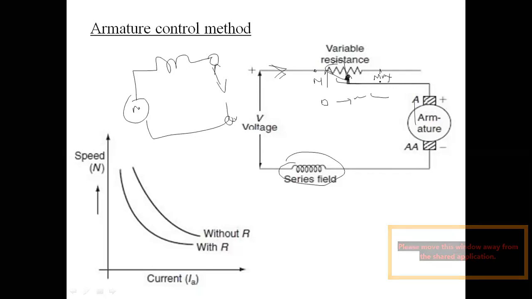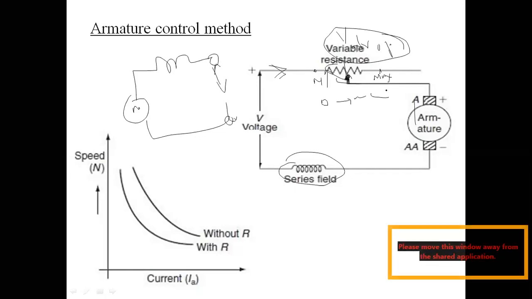Then, by the increase or decrease of your current, some voltage drop occurs across the resistor. The voltage drop across this variable resistor is the voltage drop across the armature. So by varying this voltage drop, the speed is going to vary,